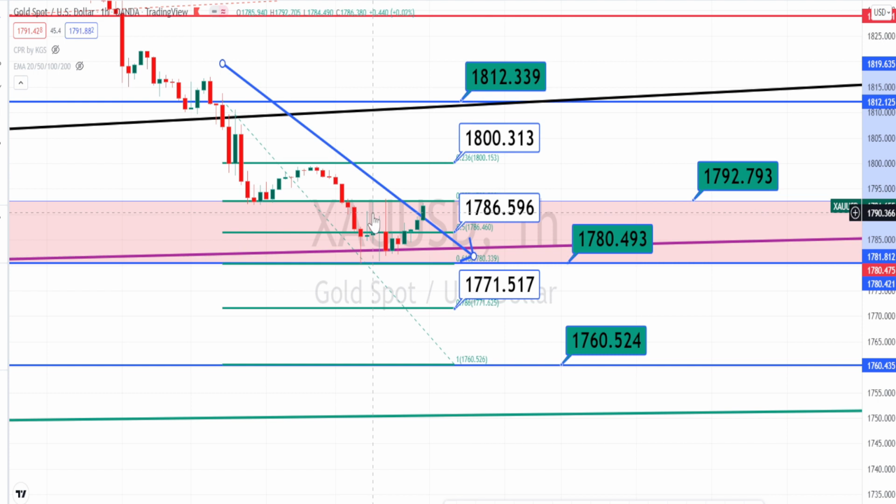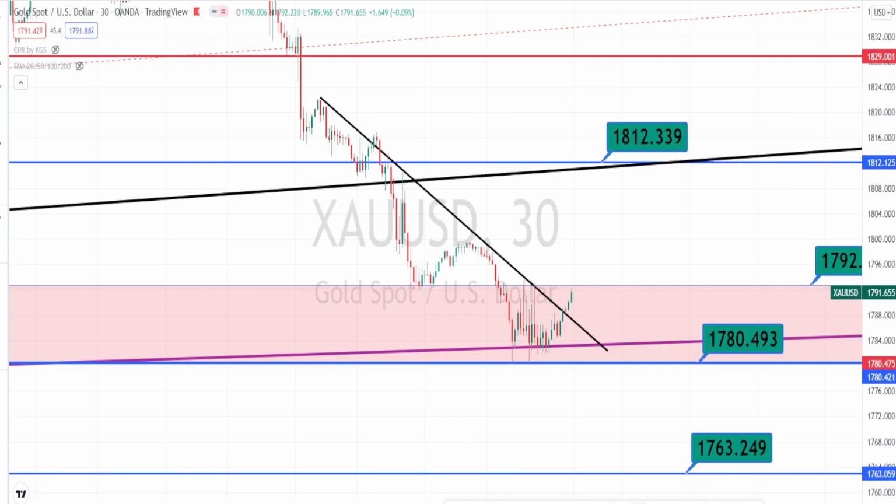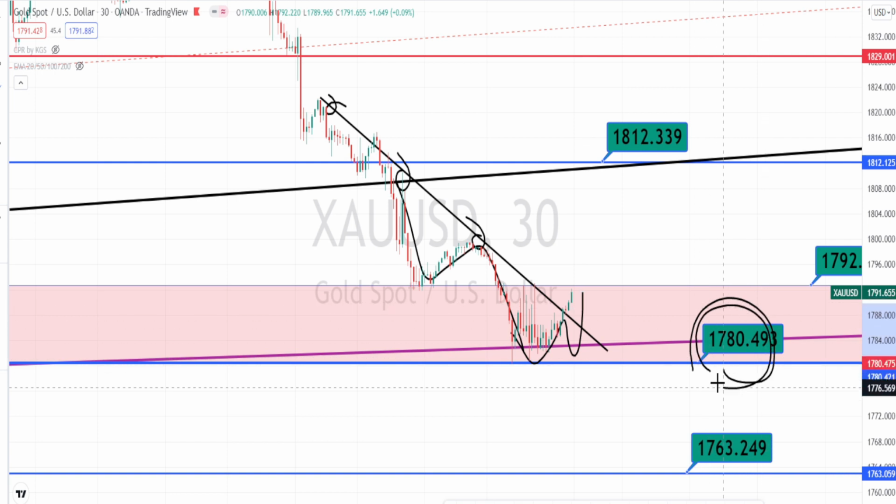Let us do the analysis in 30 minutes time frame. I am in 30 minutes time frame now. I have drawn a trend line over here to let you know the current direction of the price action, and it was on a very nice downtrend and took support on the support level of 1780, and it has bounced back because this support level is from the higher time frame, and currently the price action is testing the resistance